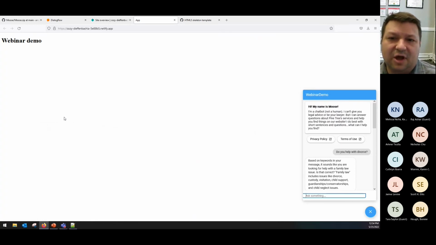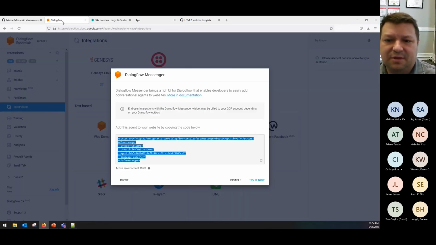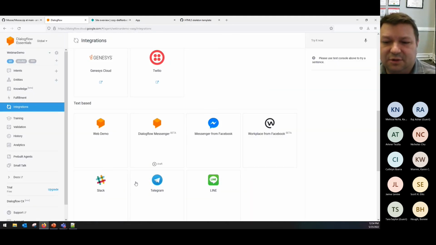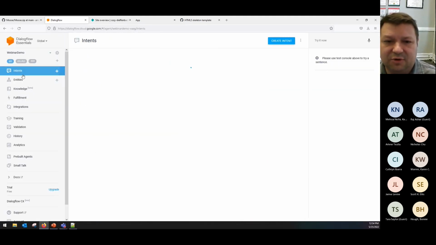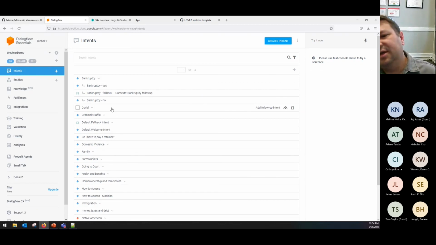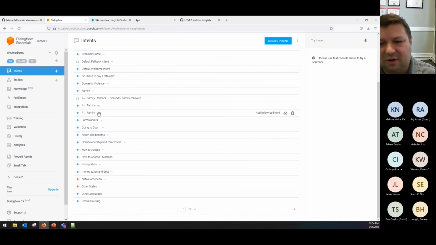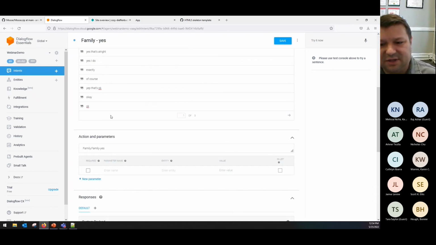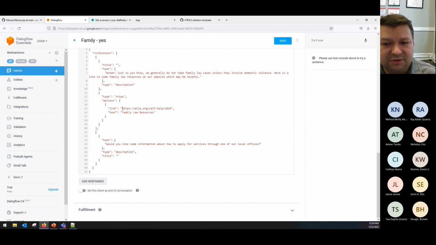And then after getting it going, the other thing that you need to do for a replication or modifications, you need to come through to all of the intents, and everywhere that the payloads are not right, because they are linking to Pine Tree's website, and responses that are specific to Pine Tree, you need to change all of that text, change all of those links. And there is also a